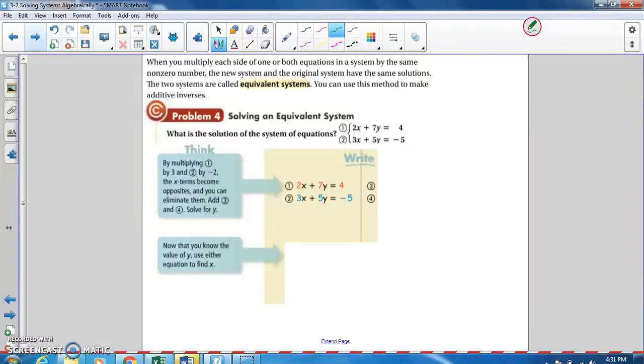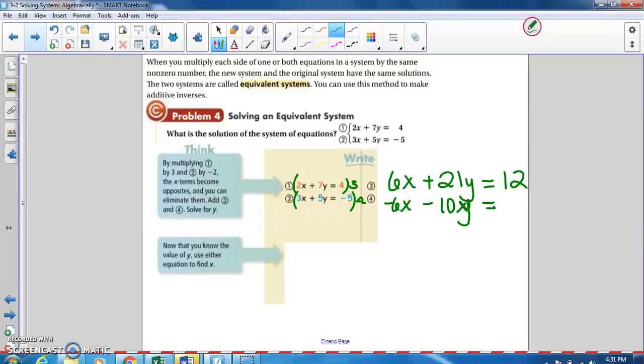So here we have a system of two equations, 2x plus 7y is equal to 4, and 3x plus 5y is equal to negative 5. If we multiply the first equation by 3, then we would have this entire first equation by 3. So 3 times 2x is 6x plus 21y is equal to 12. And we multiply the second equation by negative 2. I'm going to get negative 6x minus 10y,